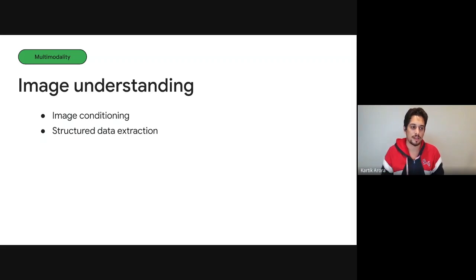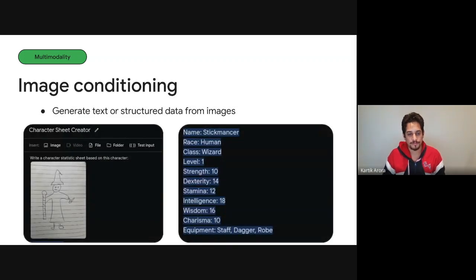So image understanding gives us two further contexts over here. We can use images for conditioning of our prompts, or we can use images for structured data extraction. With the JS prompt that we created earlier to be able to get a new tip every time, it was called conditioning because we're conditioning the prompt in such a way that we end up getting a new tip every time. Now, you can use an image to condition that particular prompt.